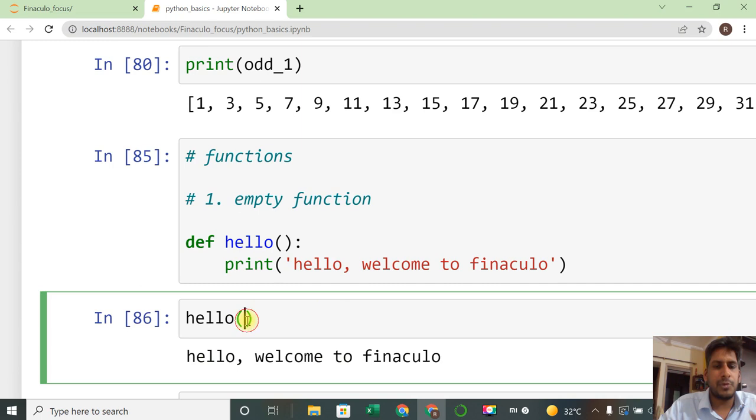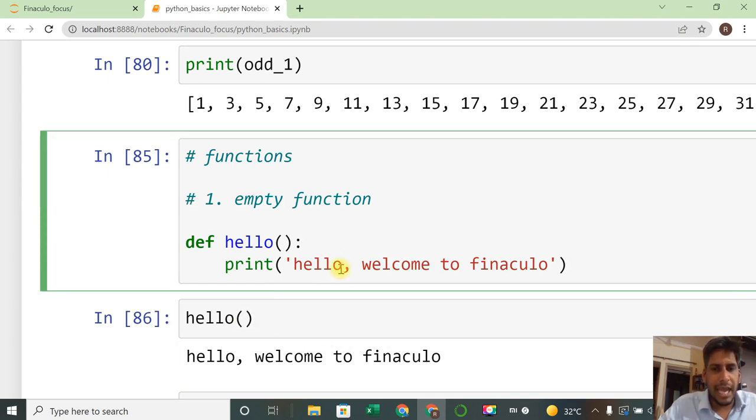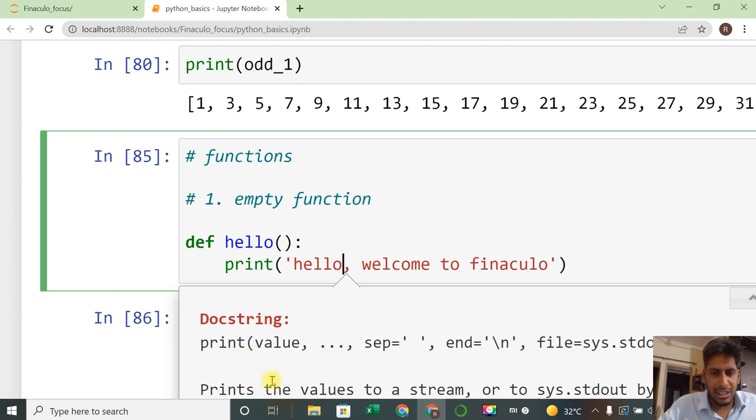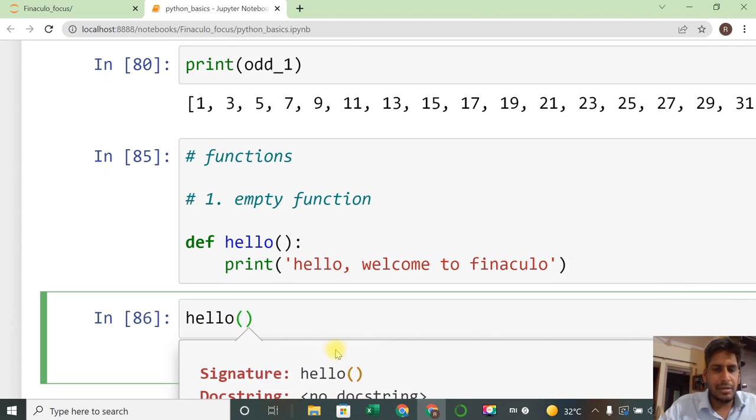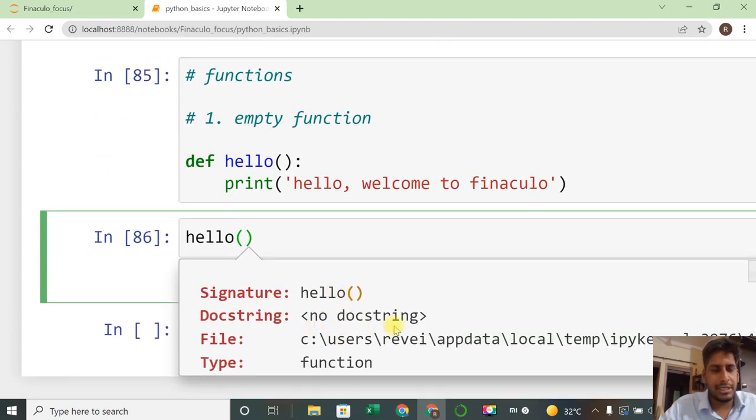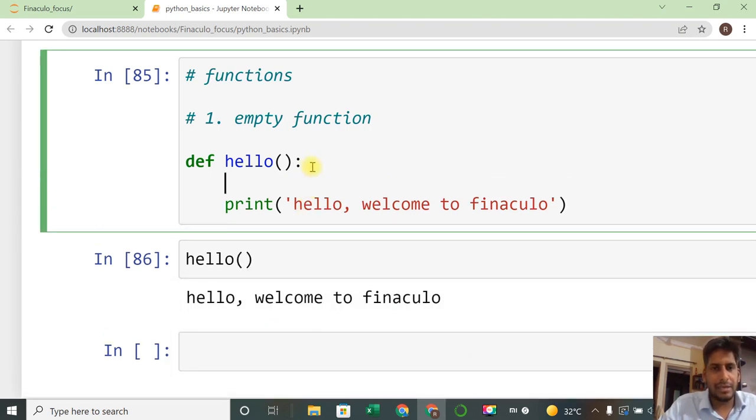I am not giving any input here, right? If I want to check how print works, if I use Shift+Tab inside that bracket, it gives a docstring. But in this particular case, I'm not getting that docstring. It just says hello, no docstring. How to add the docstring? We can add the docstring just after the definition, before doing anything within the function. You open one quotation, which can be a double quote or a single quote, and we just write